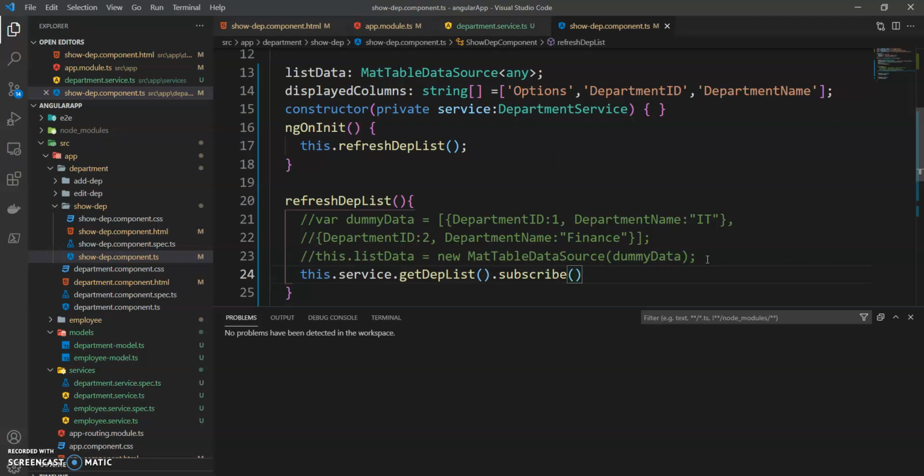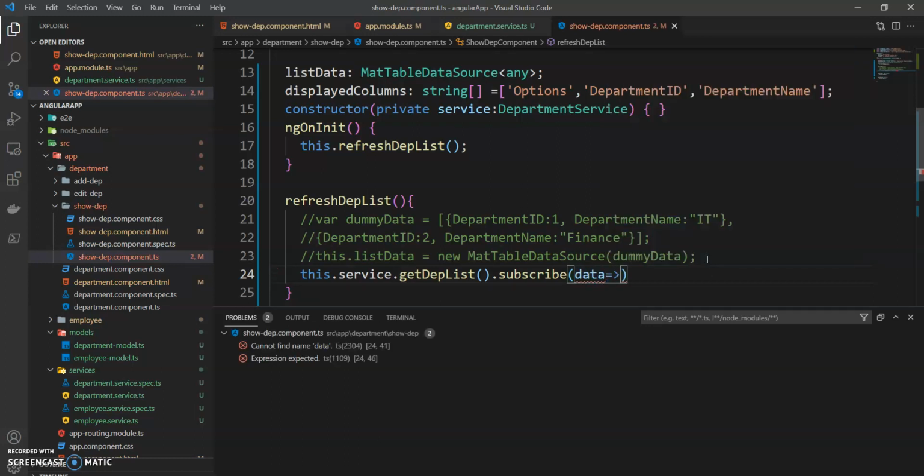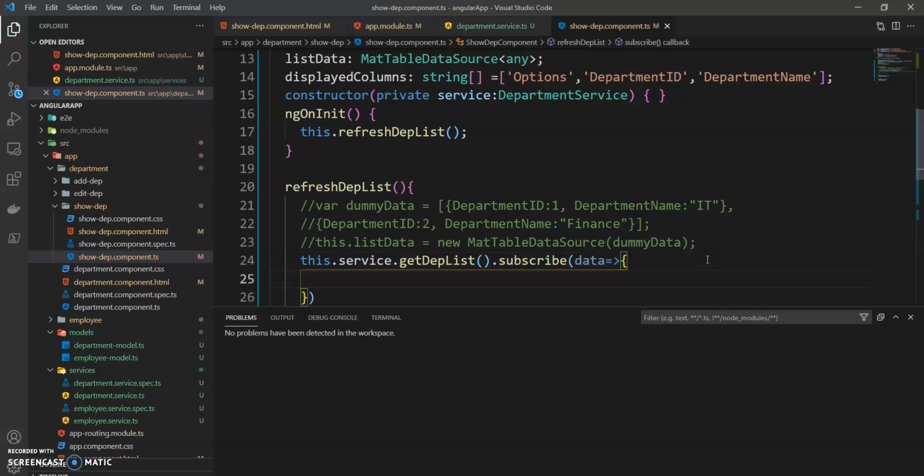Here we have to pass the data which you are going to get as a response, that you have to handle here. So what we say is the data, and this data will now be filled with our actual response. So we'll say this.data equal to new